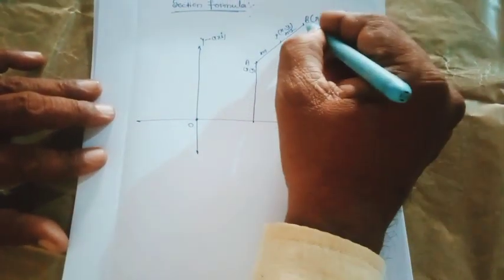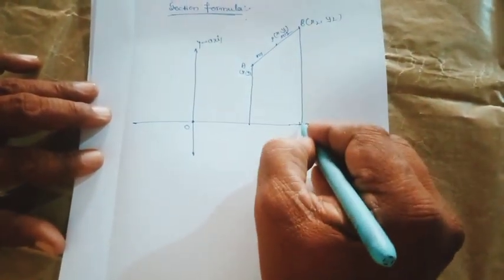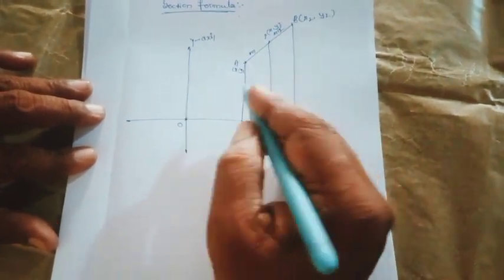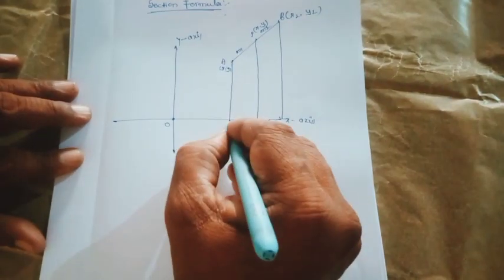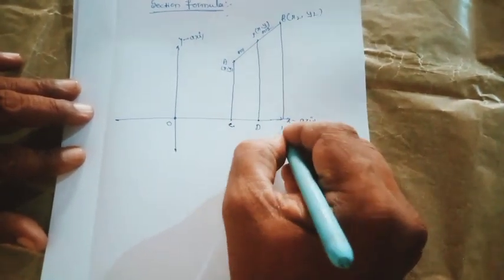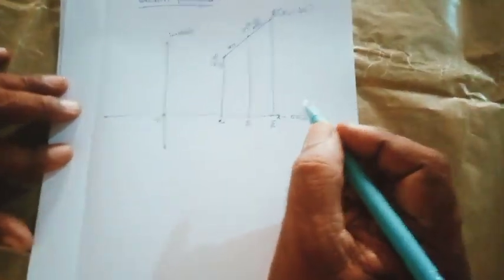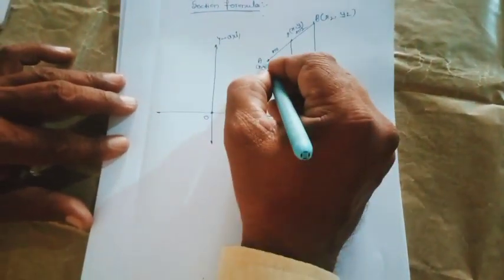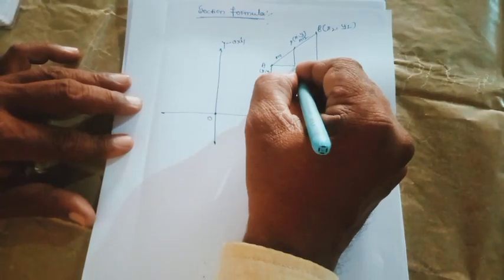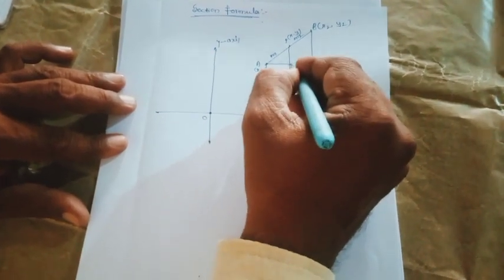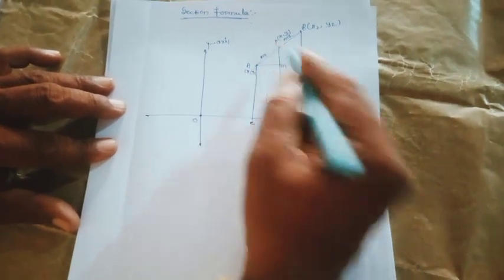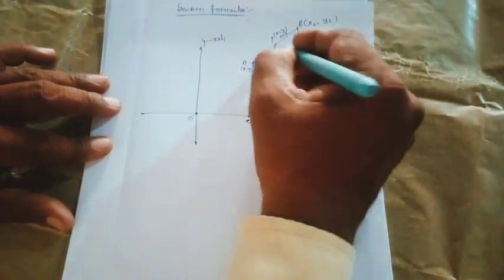Draw perpendiculars from A to the x-axis, from B to the x-axis, and from P to the x-axis also. Name the feet C, D and E. Now draw a parallel line: take AM perpendicular to PD,